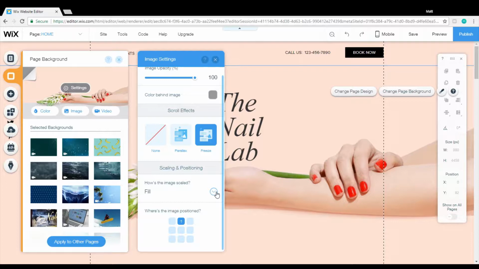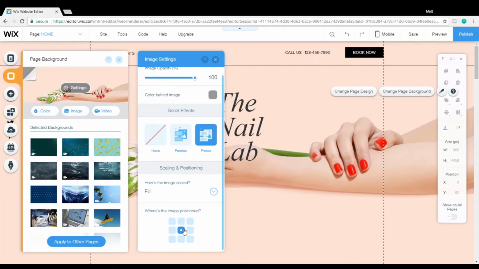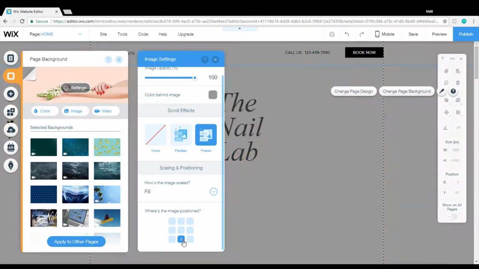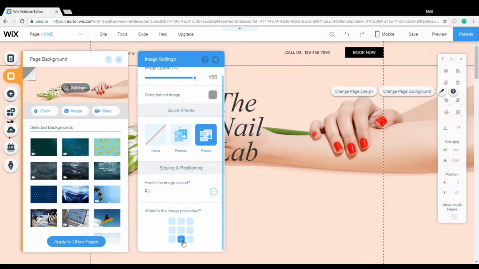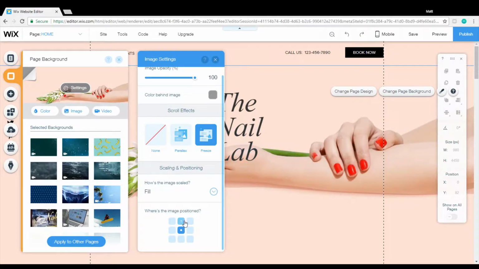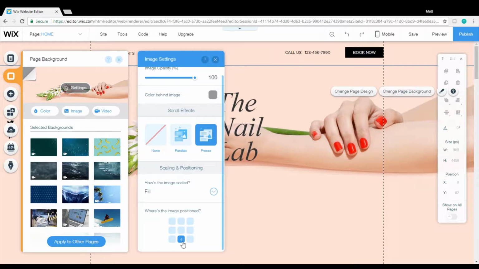If you upload your own image and it doesn't meet the requirements for the background, then you may have to move the position of the image so that you see all of the image. I know that this can be frustrating when you are trying to adjust the background, so I'm just trying to show you how I can position the image in different places here. So if I move it up to the top here, I'm going to close this,